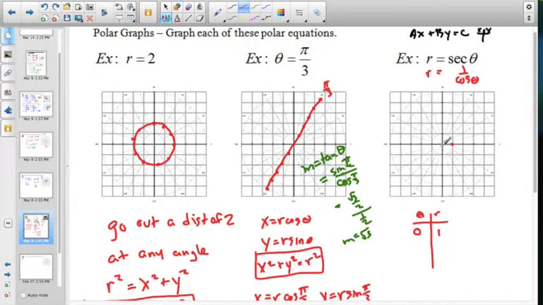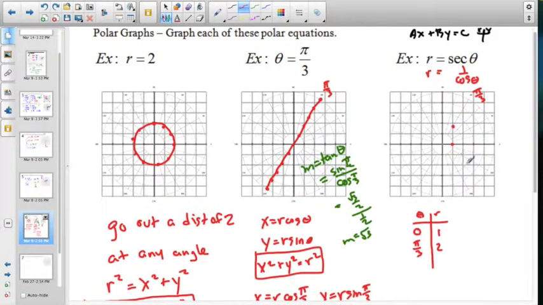So for instance, I think I want to pick pi over 3, because cosine of pi over 3 is 1/2. So if I pick pi over 3 here, then 1 over the cosine of pi over 3 is 1 over 1/2. This ends up being 2. So if we go along the pi over 3 line out 2 circles, 1, 2, we end up right there